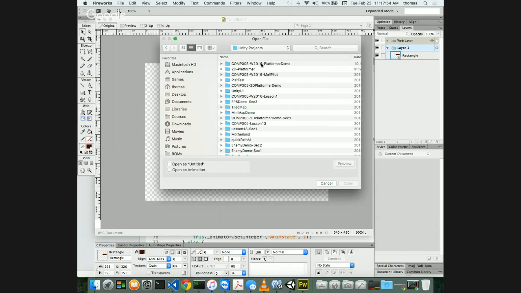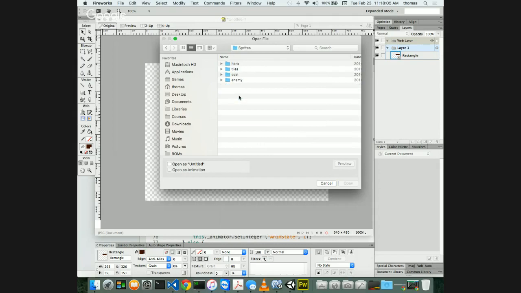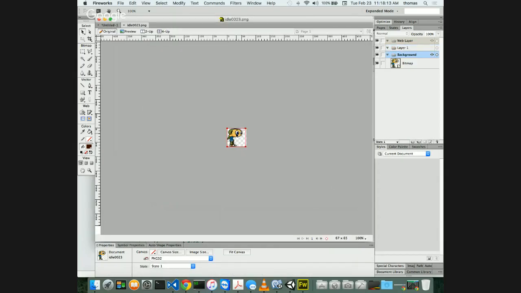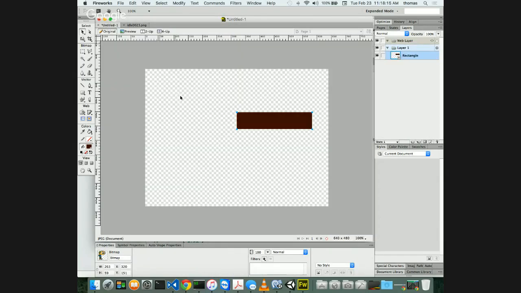And when I go to this platformer demo, and inside my assets, inside my sprites, I want to get my hero sprite. I've got this one idle sprite that I like to use. Let's just use this one. There we go. Doesn't matter. This one. So I'm going to copy this sprite just to show you what I'm talking about and paste